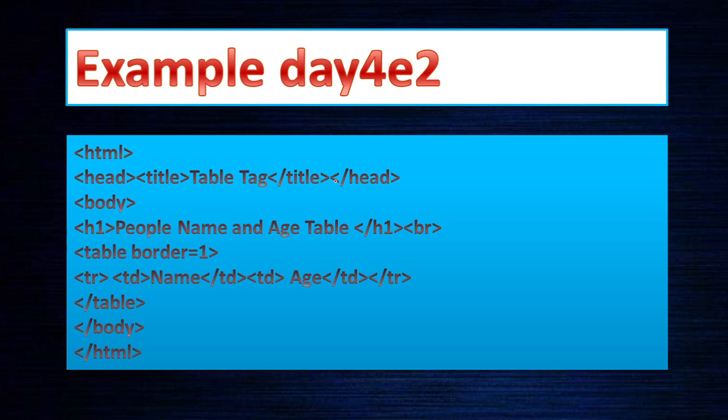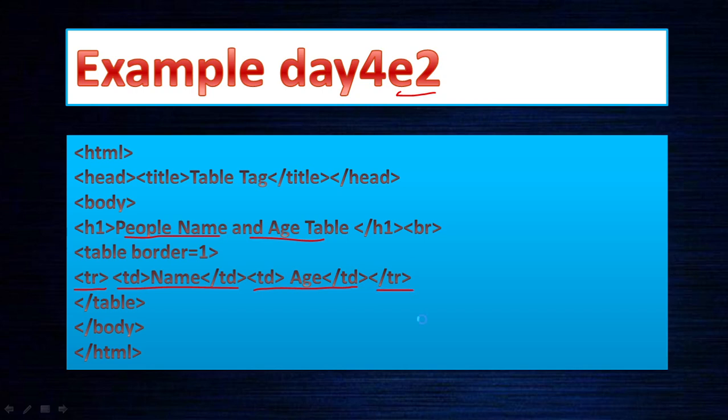Right, we'll move on to example 2. Here is example 2. Here we have people's names and ages. So you want to make 2 columns, people's name and the corresponding age. Okay, so border is equal to 1. Here you can see the first column name, so the TD, then we are closing the TD here. Again we open the TD and close the TD. To make it a row, TR starts the row, then we close the TR here.